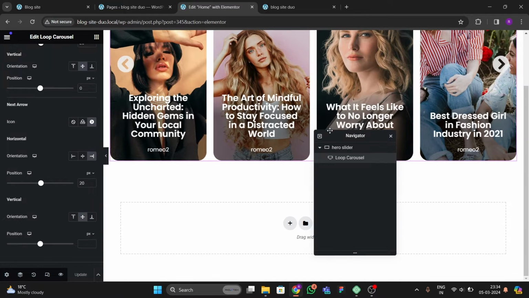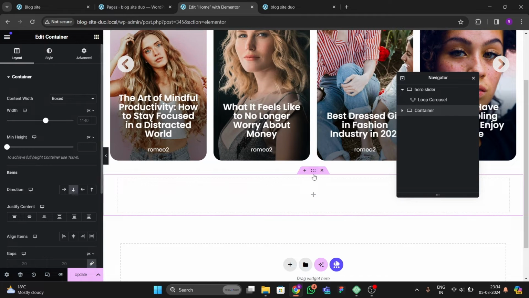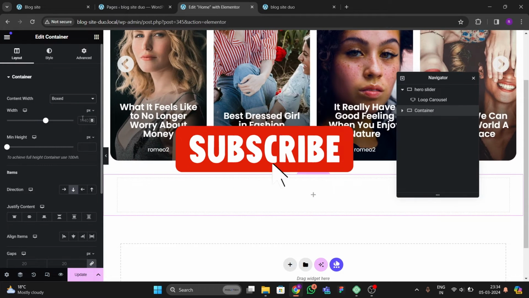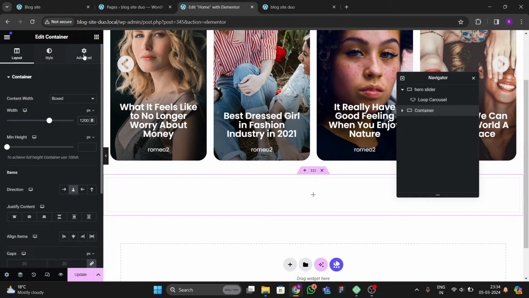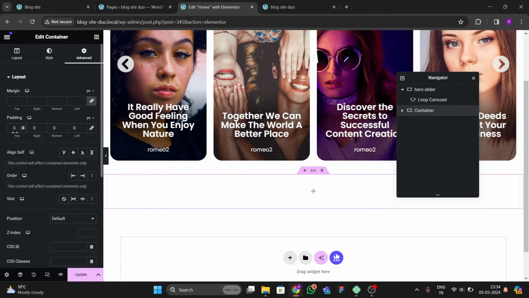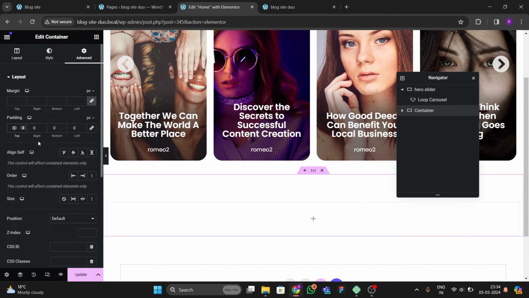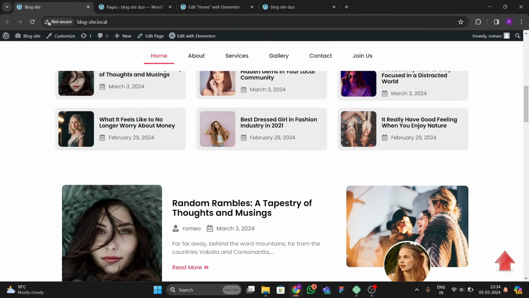For making this, we have to just go to the plus icon, and from here choose this, then go to the container, and here we have to write 200 max width, and after that just go to the container and here remove all the paddings. Okay, then go to this container and here add 80 from the top and 80 from the bottom padding. Then after that we have to just